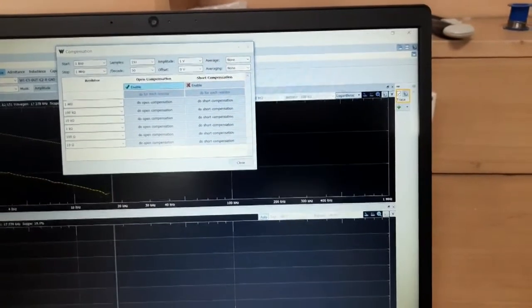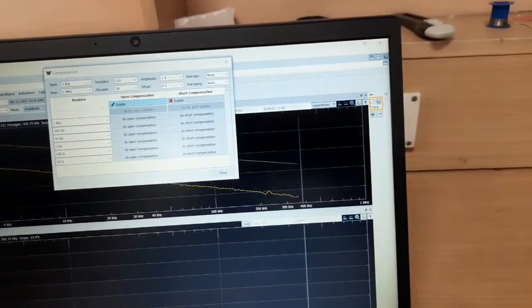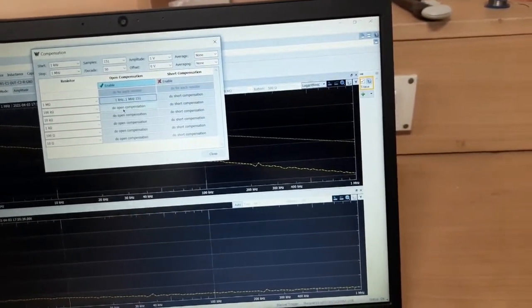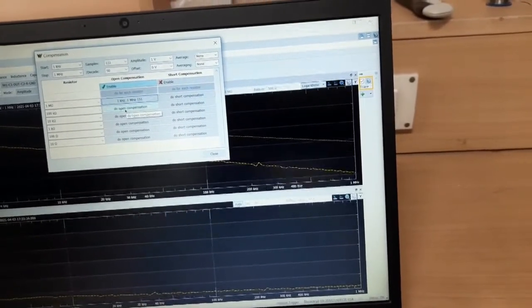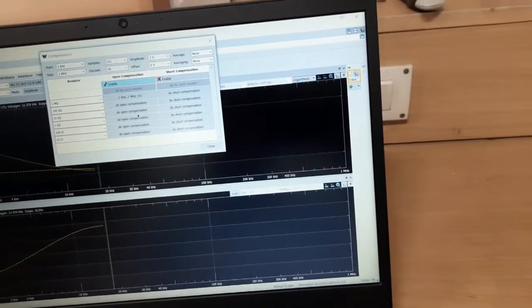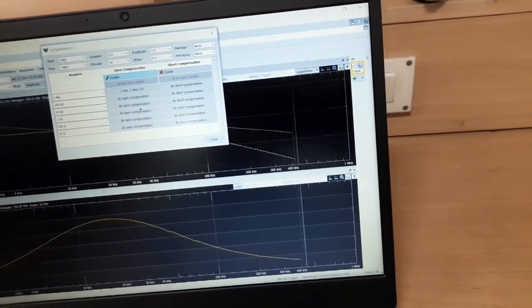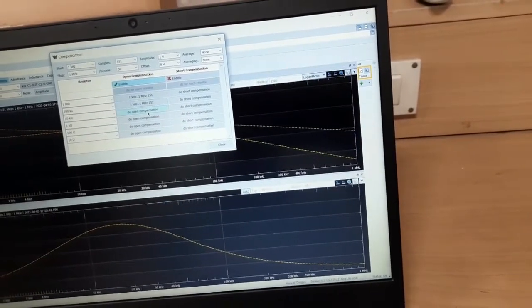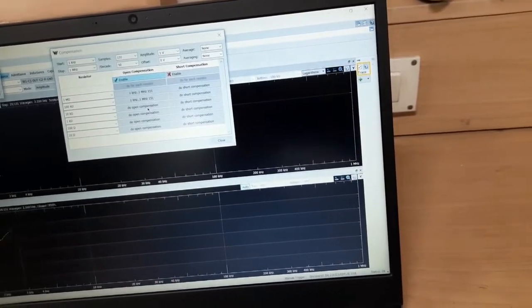You can see the compensation is running now. Like that, for every reference resistor value, we have to perform the compensation first, then only we can go for our test. I am doing it for the next one.